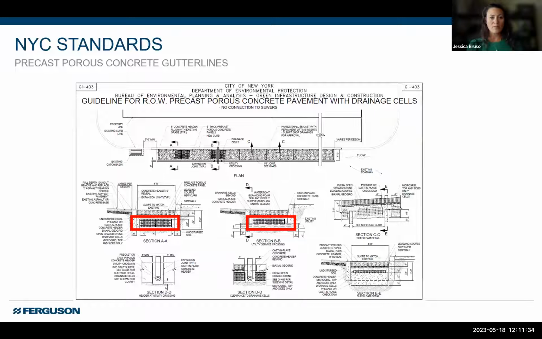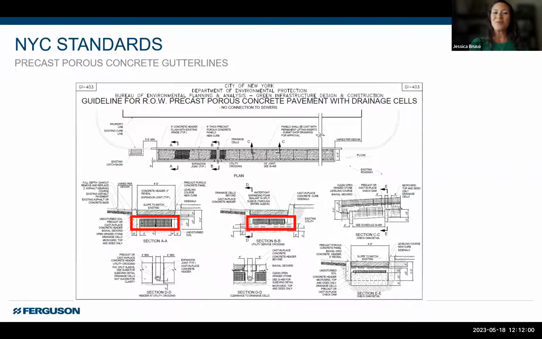Very exciting. New York City is actually moving forward with many miles of this concept of precast porous concrete gutter line. Rather than the rain garden thing, which they did a lot of, the problem was they were very hard to maintain because you need the staff to do it, right? As an alternative now, they are implementing, again, miles, I forget how many miles, but it's a